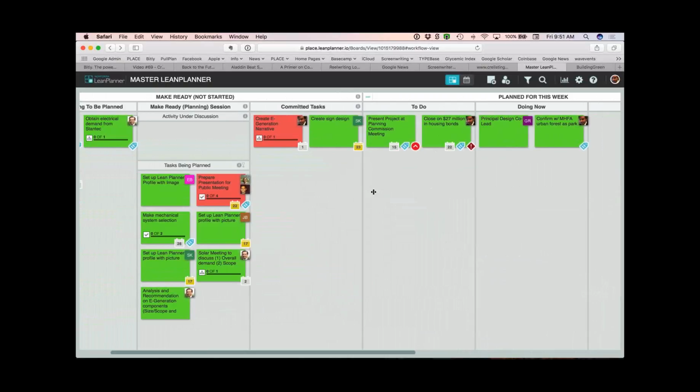P6 is a sledgehammer when you need like a little ball peen hammer, right? So that's the wrong tool for that. And so that's where we see this being very applicable, helping to manage the execution of day-to-day tasks against the plan.